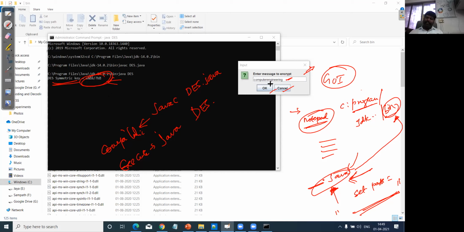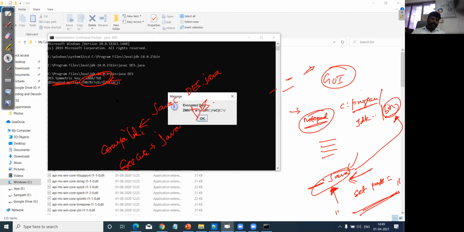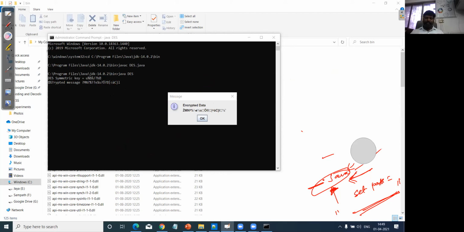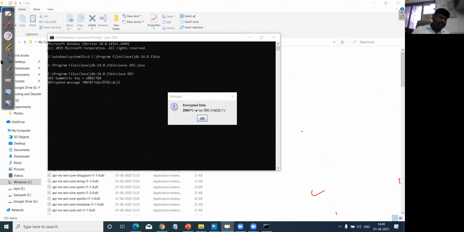So here we can click any one of the buttons based on our convenience. Here I am passing some values and then clicking an option. Once I click the encryption option and then click OK, it automatically applies the encryption.